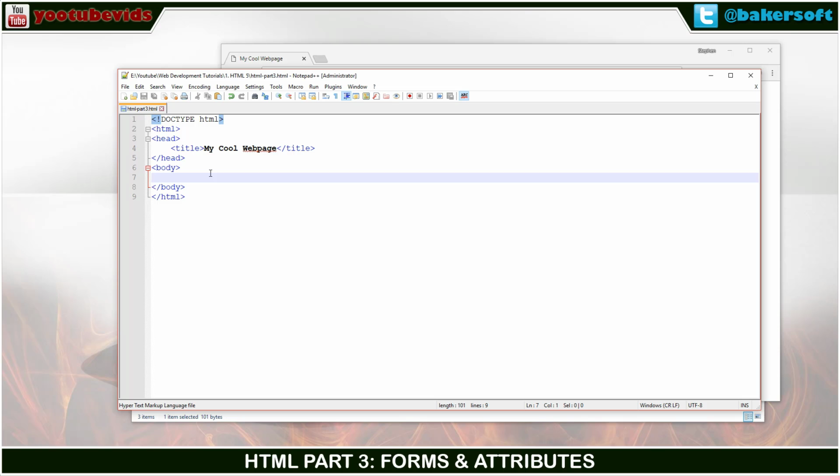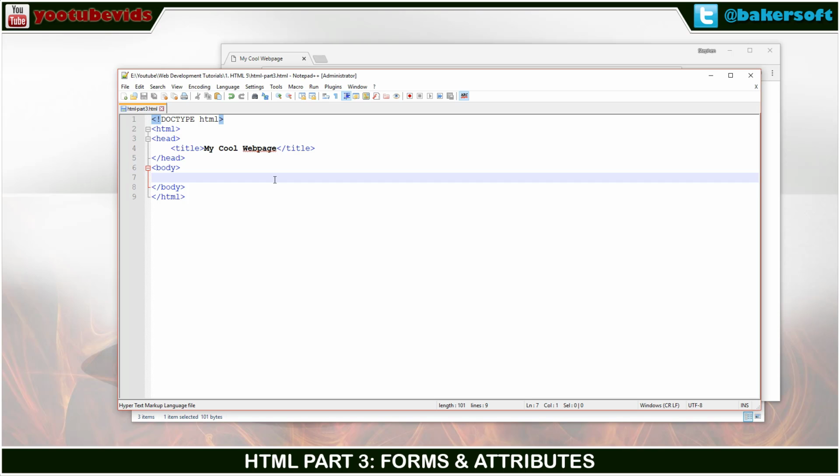One of the things I wanted to get into first: while the title of the video says forms and attributes, we're actually going to approach it in a reverse manner. We're going to take a look at HTML attributes first. As you may remember, we've already used some attributes in our HTML. If you recall back to the previous video, in hyperlink tags, or anchor tags, we had href attributes,